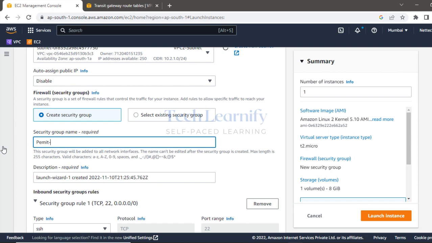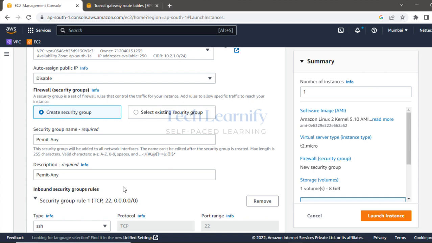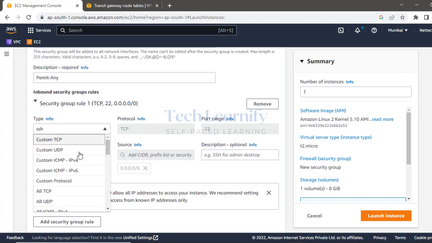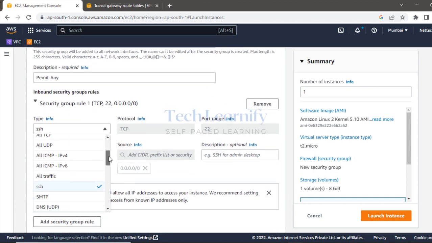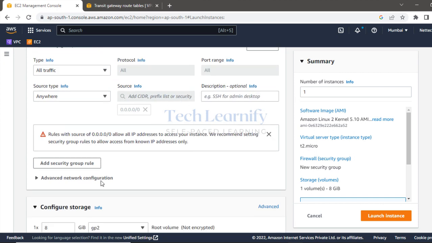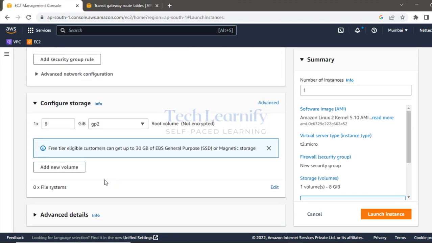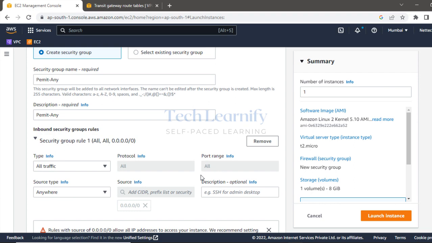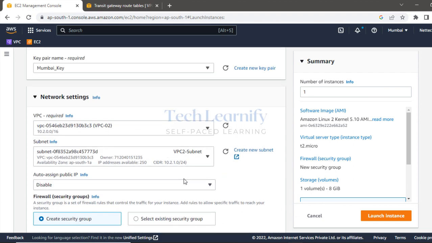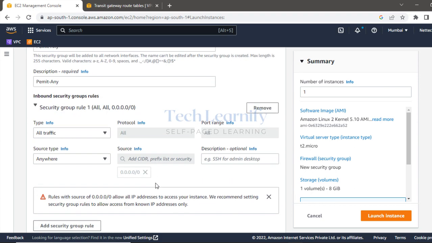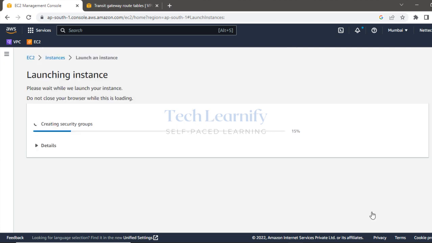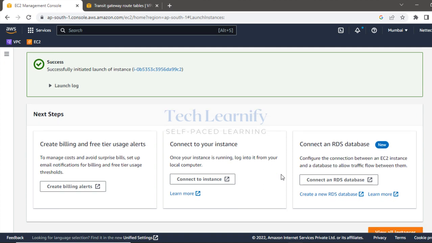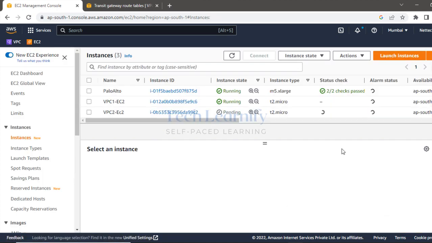permit any, same. I'm going to put it here. Security group, so all traffic. All right, so we're good to go now. VPC2, okay, launch. So view all instances,